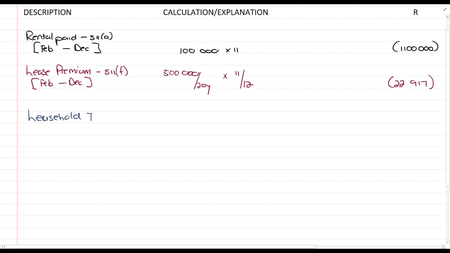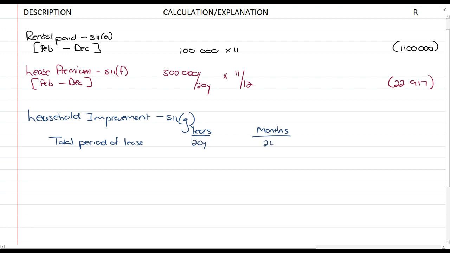So leasehold improvement, section 11G. Now, what I want you to see is you have to calculate the period remaining once it has been completed. So the total period of the lease. I'm going to split it into 2 parts here. Here it is for years, and here it is for months. I'm going to show you the 2 alternatives. So it is for a total of 20 years, and for a total of 240 months. 20 years times 12 months, obviously. Less period to complete